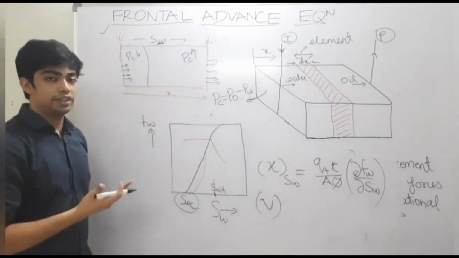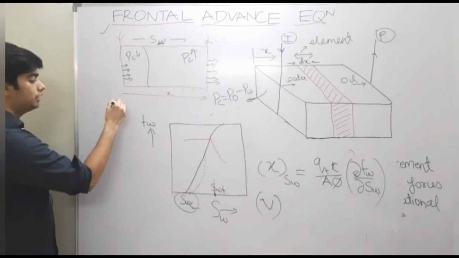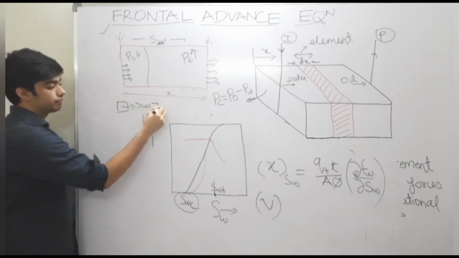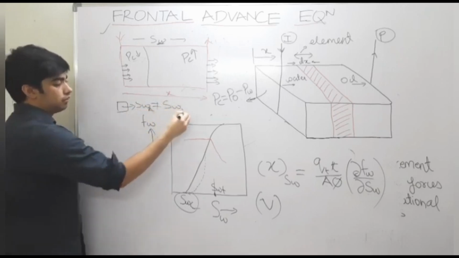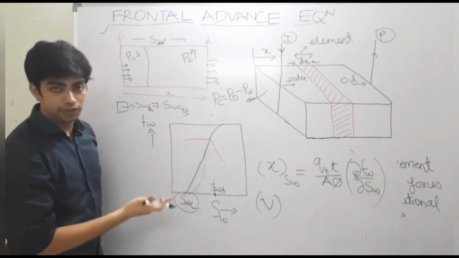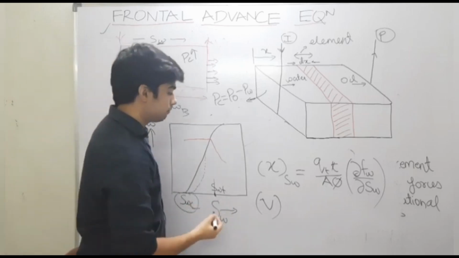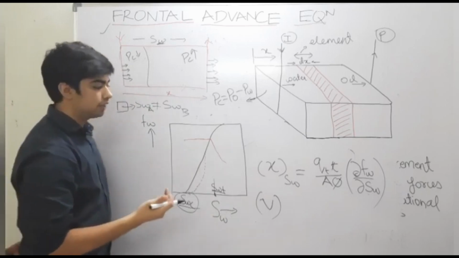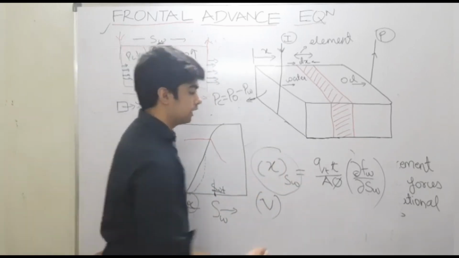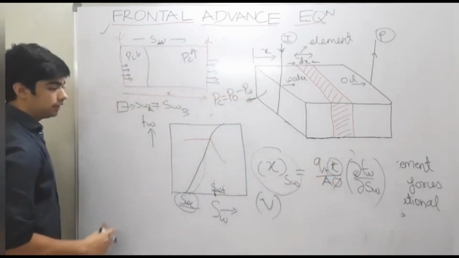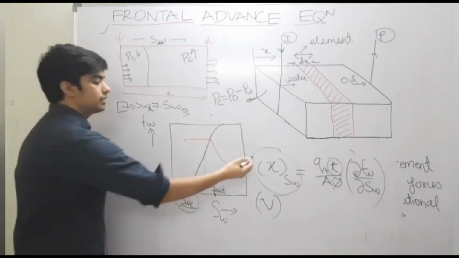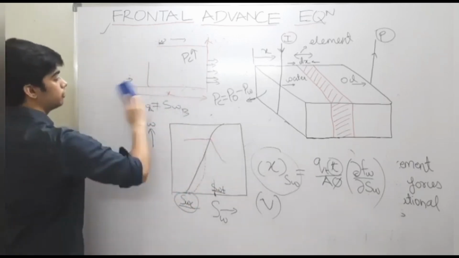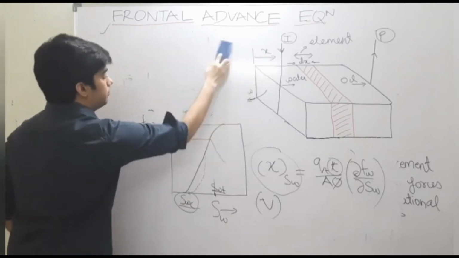So another interpretation was made in such a way. What was the earlier interpretation? That one specific block of reservoir cannot have two different saturations. But now this graph is seen in a different way. What they are saying now is that from SWC to SWF, all those saturation blocks will travel the same distance in any given time t, and beyond this point the distance, or basically the speed, will change. If you try to visualize that with the help of a simple diagram,